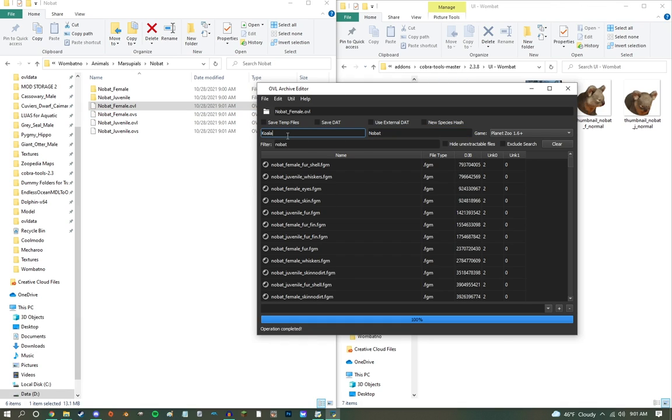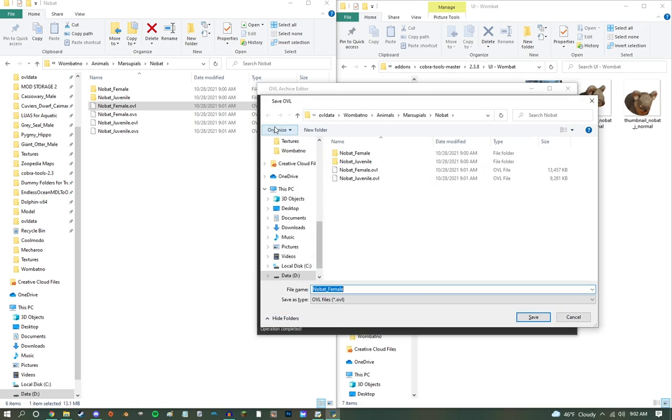Usually if you have animals with, like, let's just say koala Queensland, I would simply just get rid of Queensland, like hypothetically if that were the full name, just because you're only getting rid of this one reference of the name itself. And then what I'm gonna do, I'm just gonna do new species hash dat edit, and then there we go. It's dat editing right now, which means all the files on the inside are being changed to best